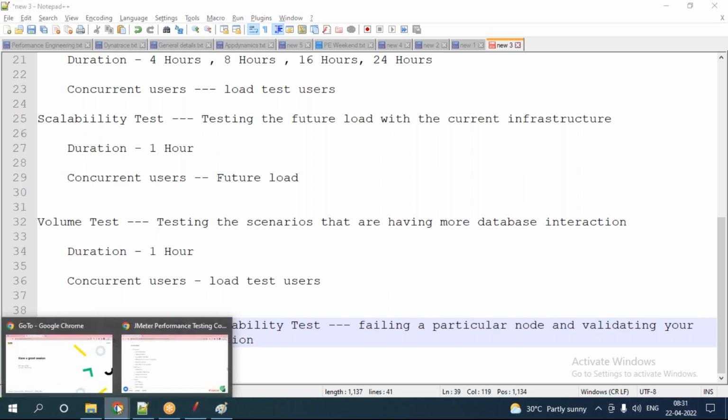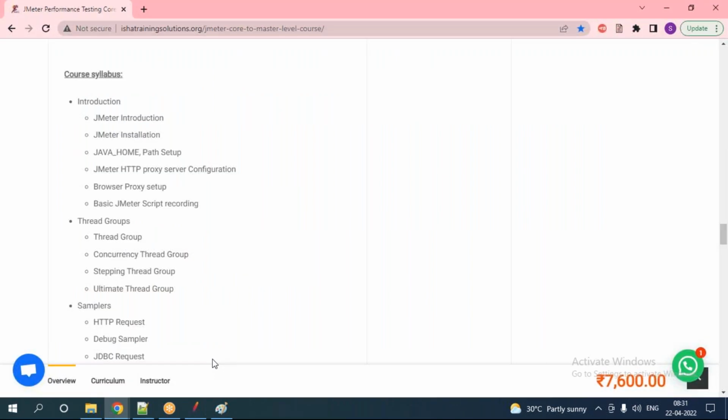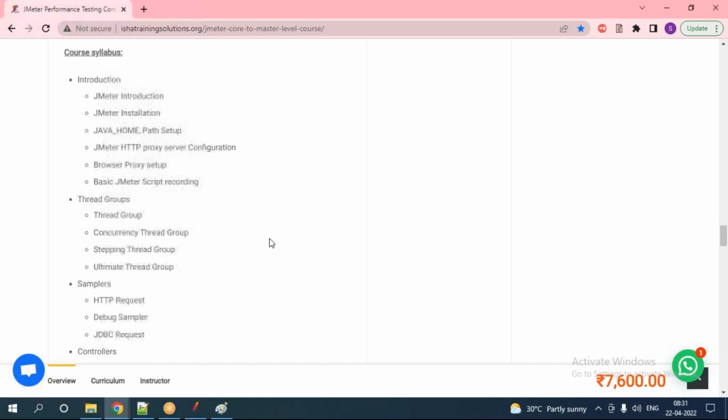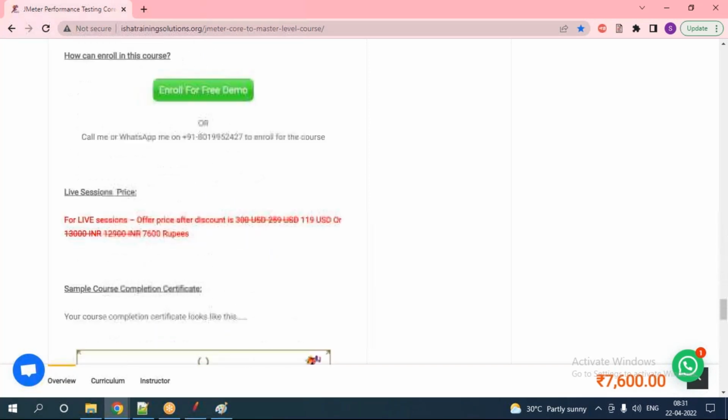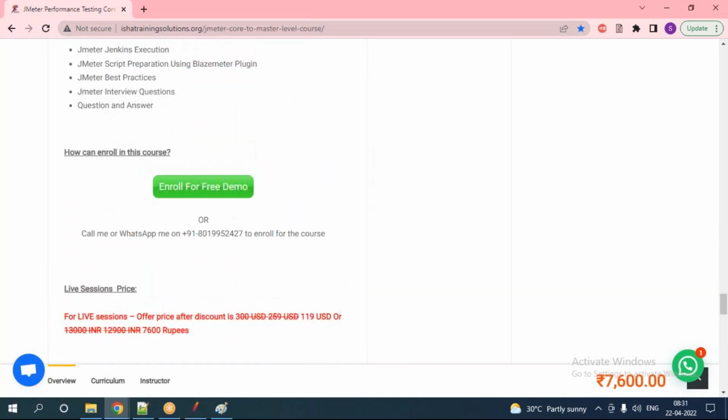So this means that you are going to do your load testing conditions like this. Okay, so maybe those who are interested to proceed with this course journey, guys, please reach out to